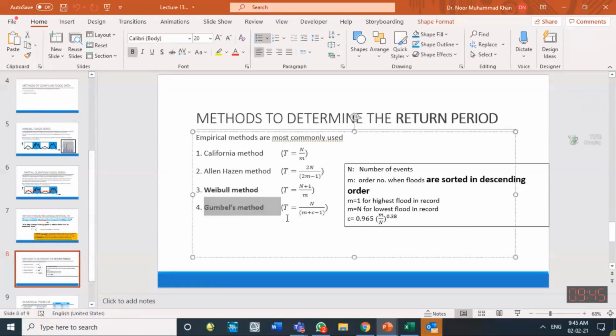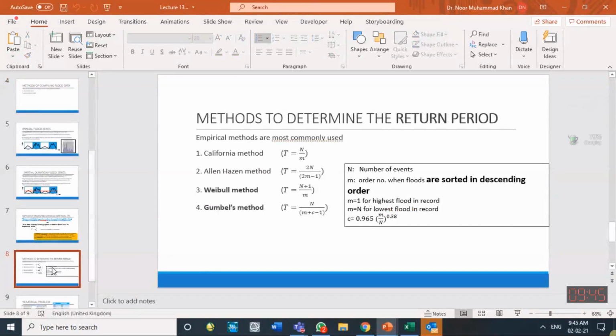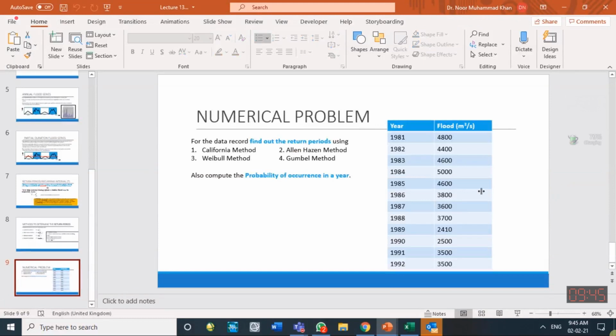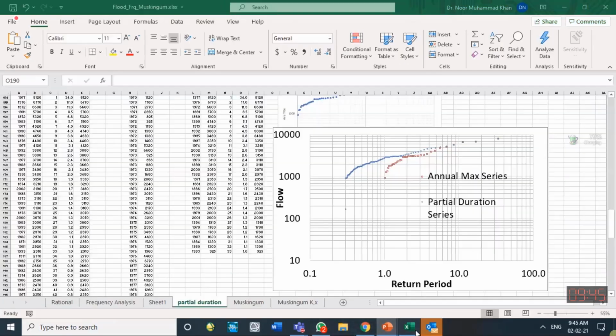Usually we choose the Gumbel method to carry out the flood frequency analysis, and you calculate the return period, or probability. Probability is the inverse of this. If you write this formula in inverse order, that will be probability. And we can estimate how much the return period is for each flood. We can make a flood frequency analysis graph using this data, and we can extend it. Once you have the graph with you, you can extend it for another 30-year period.